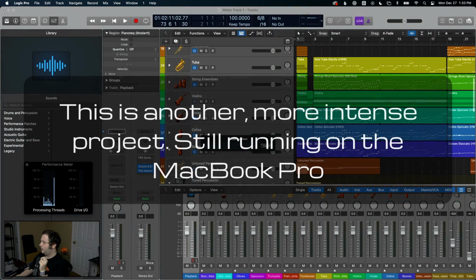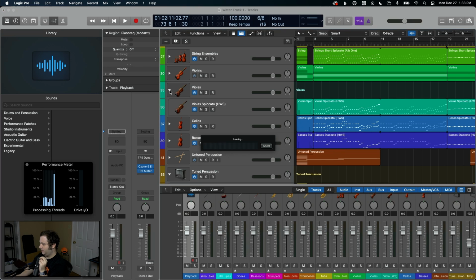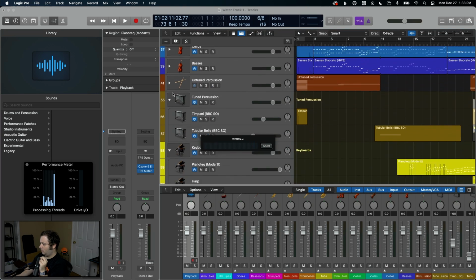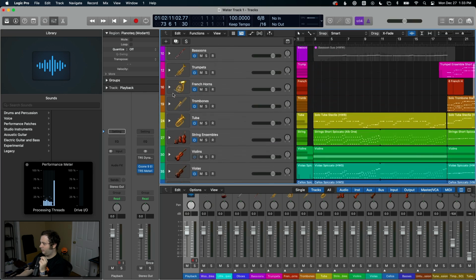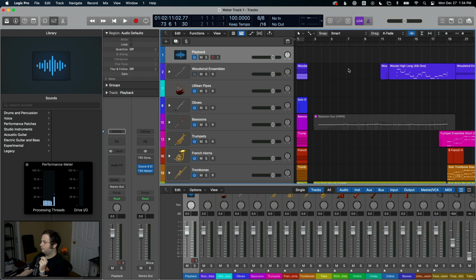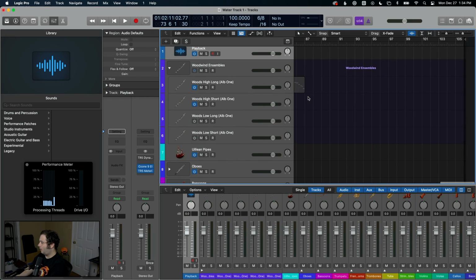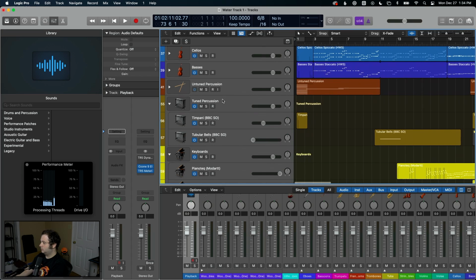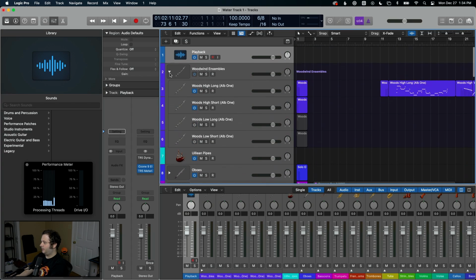Okay, so this was the first one really using a new template. So there's definitely more tracks on this one being utilized. Well, some of them are utilized, some of them aren't. But the ones that aren't utilized, for the most part, are turned off. So let us see